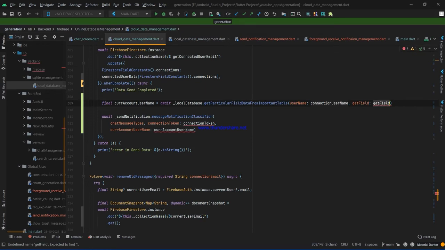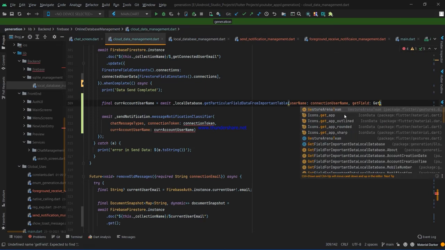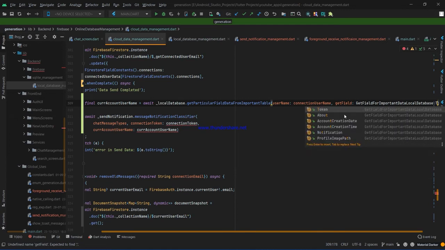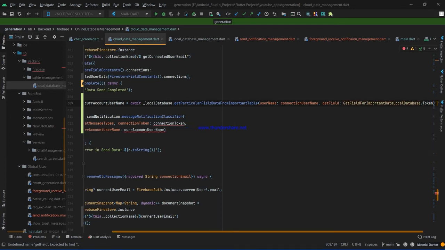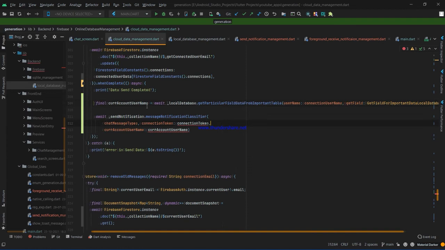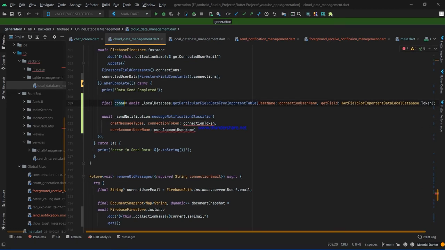So it is a user, and let's take the token. Sorry, current account token. Okay, not the current account, connection token, very sorry, connection token.